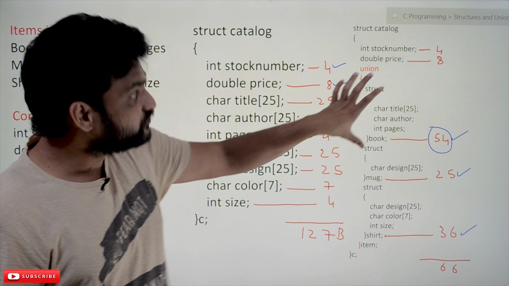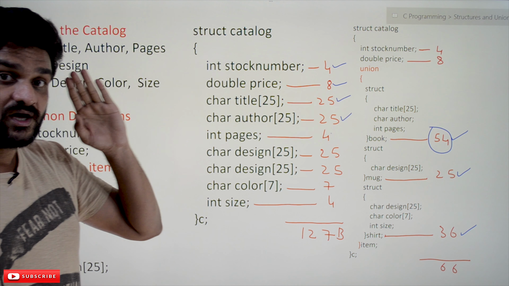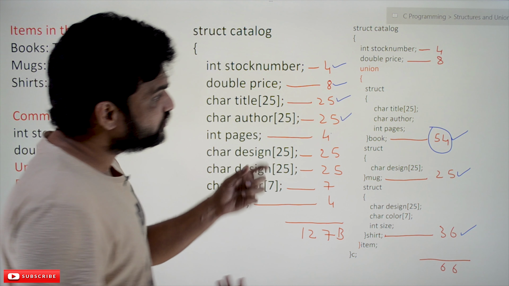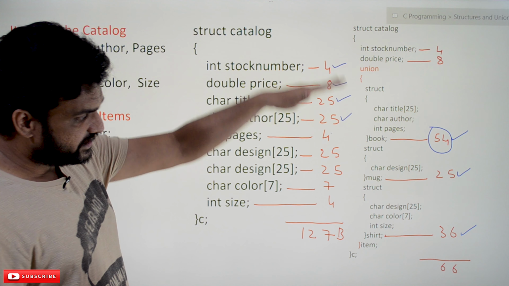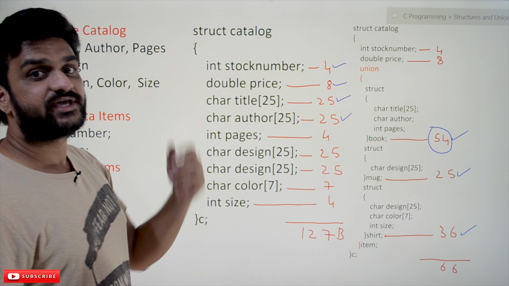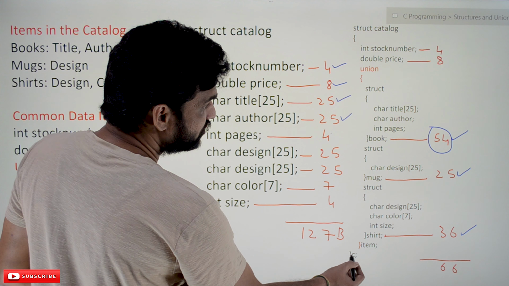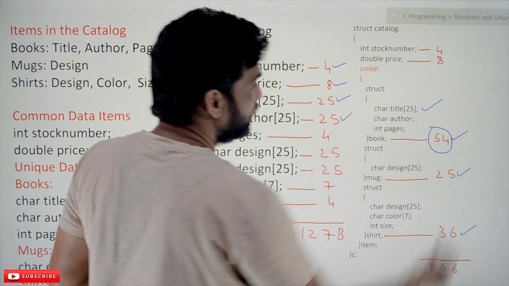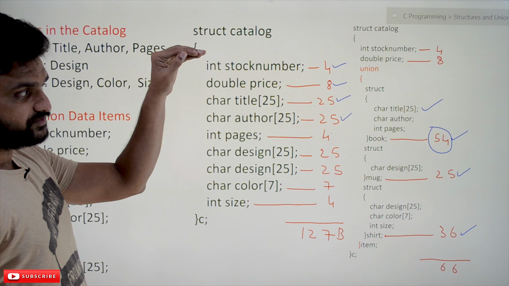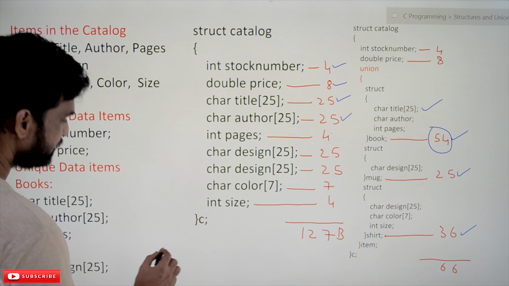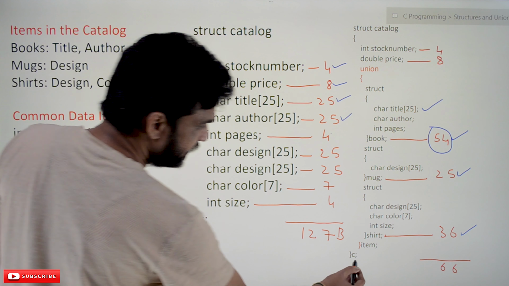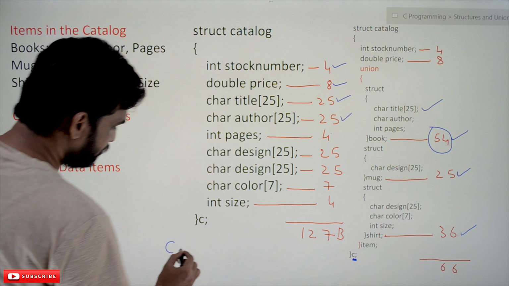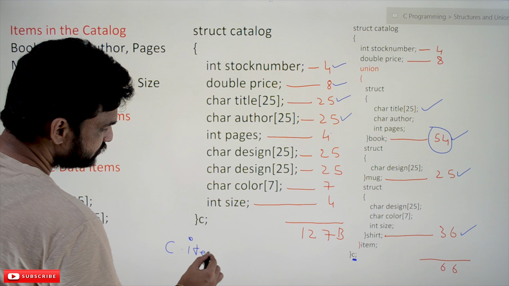Okay, so this is how we can use the benefit of unions. Okay, so now what we will try to do is how to access the items in such a hierarchical way. The items are arranged, how we can access. For example, if you want to store the title of the book as algorithms, how to access that is, it is C dot, the item is C, here the catalog item is C, dot item.